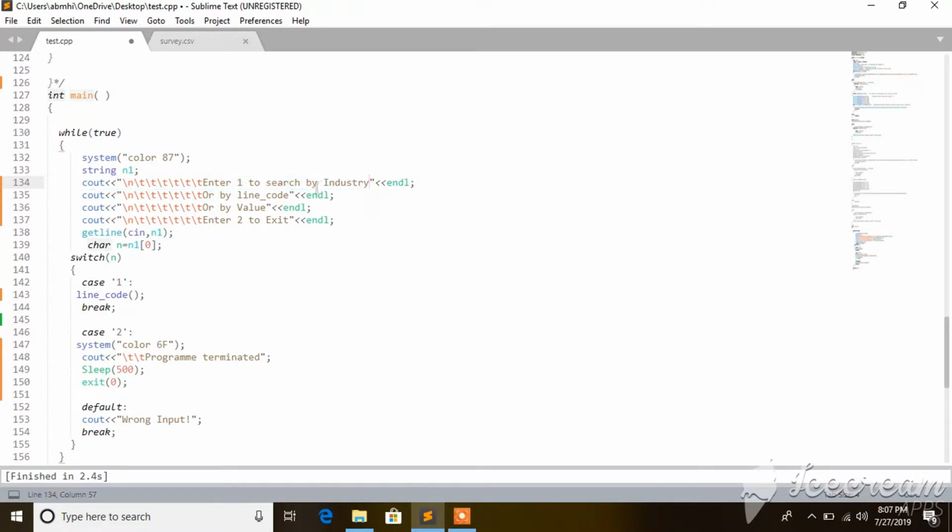এরপর ইউজার যদি যে কোনো ভ্যালু দিবে, 1 দিবে, অথবা সার্চ করার জন্য সার্চ ক্রাইটেরিয়া নিচ্ছি হিসেবে আমরা ইন্ডাস্ট্রি, লাইন কোড এন্ড ভ্যালু। সো এই তিনটার জন্য আমরা একটা ফাংশনই করছি, একটা ফাংশন তিনটা সার্চ করে আউটপুট করবে। এর জন্য কেস 1 এ সুইচ নিছি, ক্যারেক্টার এন্ড স্ট্রিং নিয়ে নিছি আগে। স্ট্রিং এ ইনপুট নেওয়ার পর কেস 1 এর জন্য লাইন কোড ফাংশনটাকে